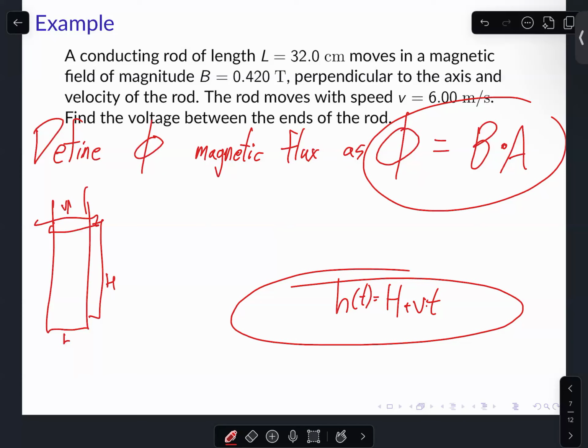Magnetic field, that's just a constant, right? What's the area if I've got a changing height? If height is a function, can I re-express this in terms of this formula? Look, what's the area surrounded by the bar and three wires? It's always length times height, right? Everyone sees, even if h changes. So I can write